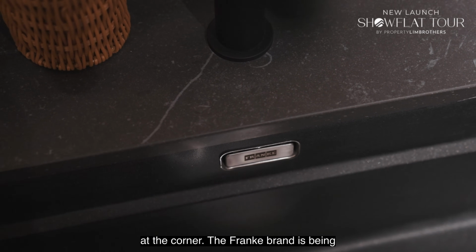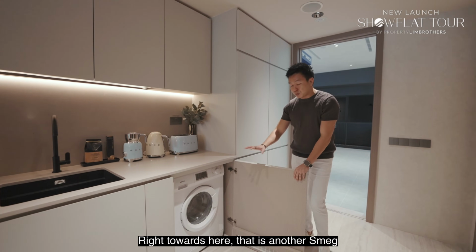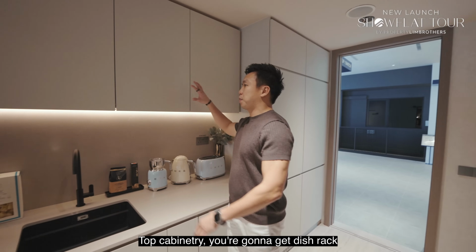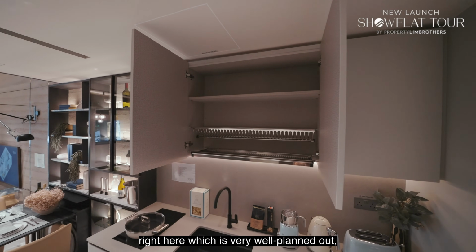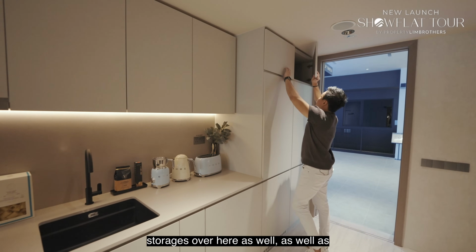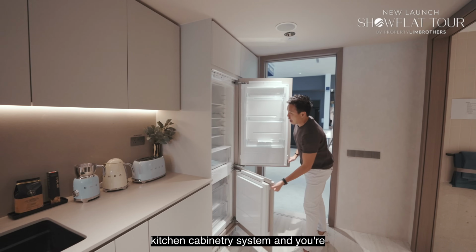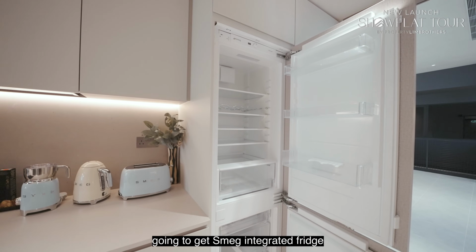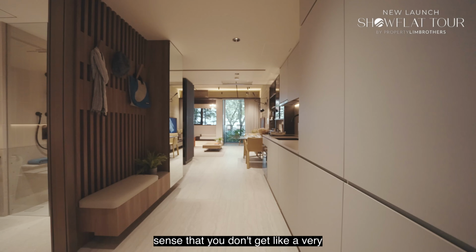The Frankel brand is being used for your dishwashing area right towards here. That is another Smack washer cum dryer system that you get. Top cabinetry, you're gonna get the dish rack right here, which is very well planned out. You're also gonna get some deep storages over here as well as the top. So I like to inspect all this kitchen cabinetry system, and you're gonna get Smack integrated fridge as well. I also love the fact that when you walk in, it's pretty wide in the sense that you don't get like a very